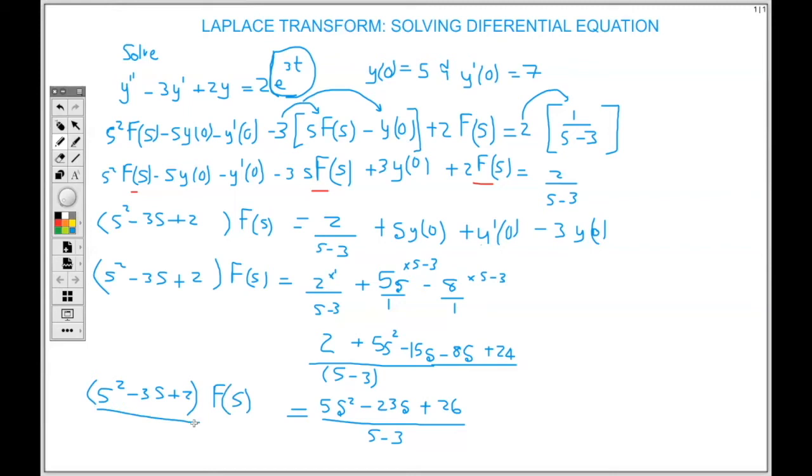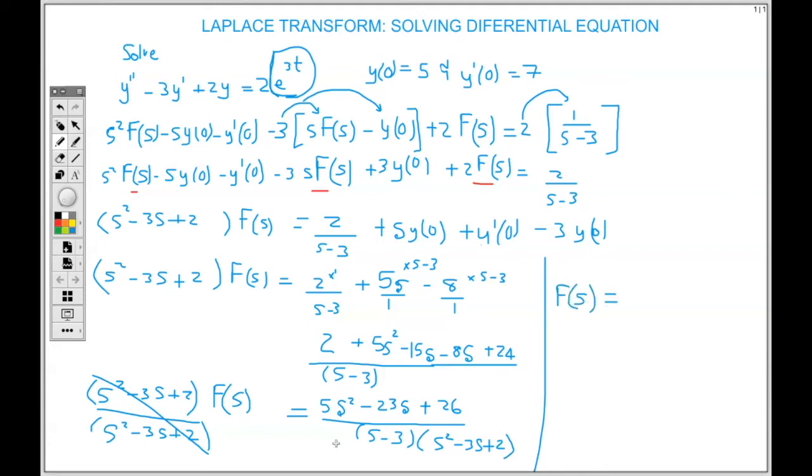I'm then going to divide both sides by s squared minus 3s plus 2. So both sides will be divided, so on the right hand side, the s squared minus 3s plus 2 will go in the denominator. So on the left, these two cancel. So what am I left with? Capital Fs